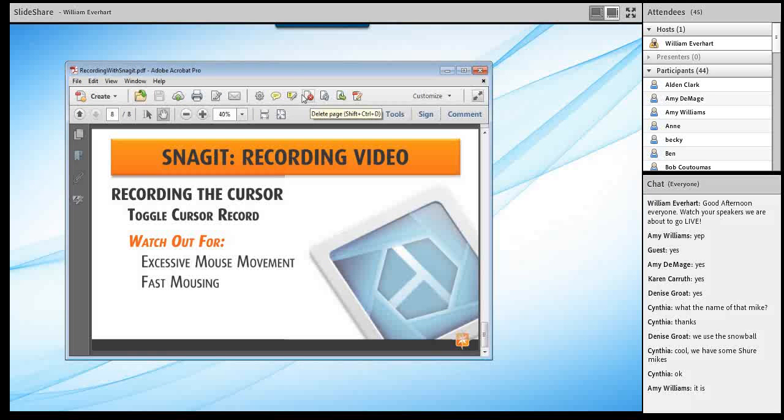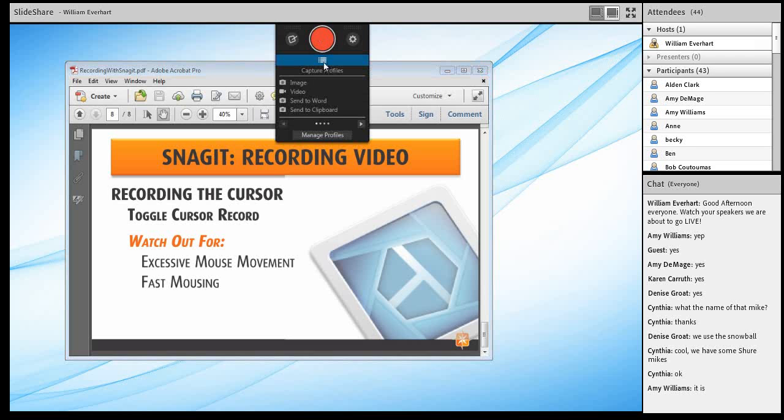All right. Let's see here. One of the things that you may want to do is turn off the recording of the mouse. I don't want to record the cursor. You can do that. If I go back up here to the one-click widget, right here, the profiles, if I